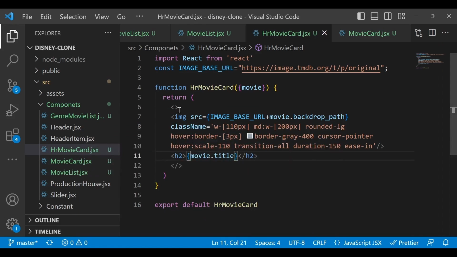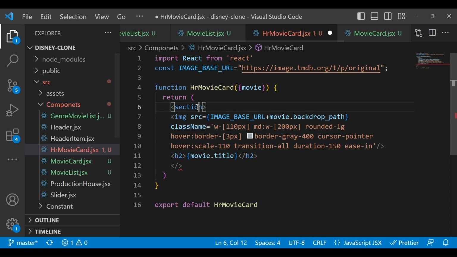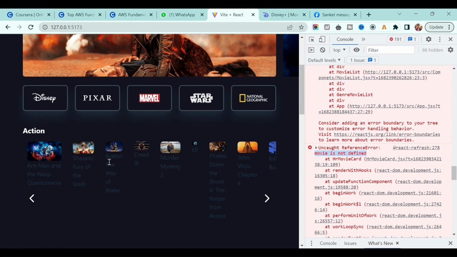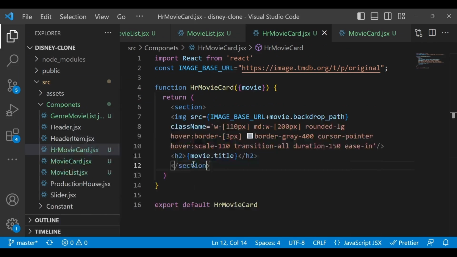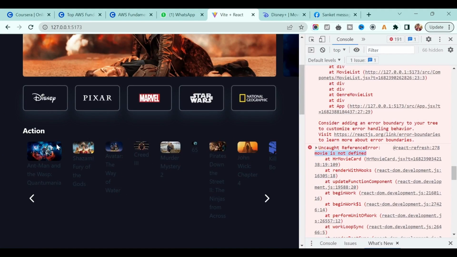Because right now we did not add it in a div or anything. So you can add the section here, or you can add the div tag as well, it's up to you. Okay, and if I save it, you will see this like this, right? Because for this section we did not apply any flex, and in the movie list we applied the flex. That's the reason on the UI it will look like this, because this particular title we have to give some